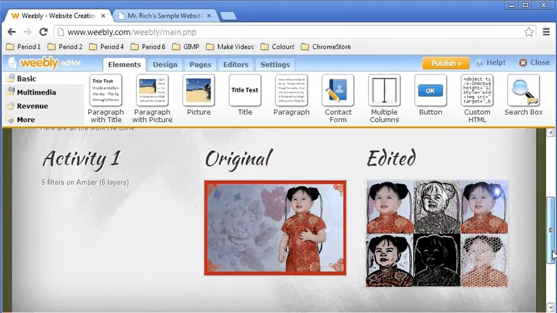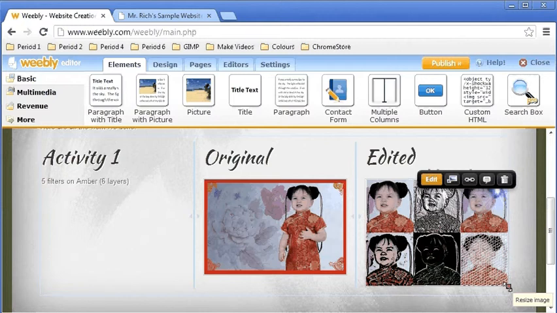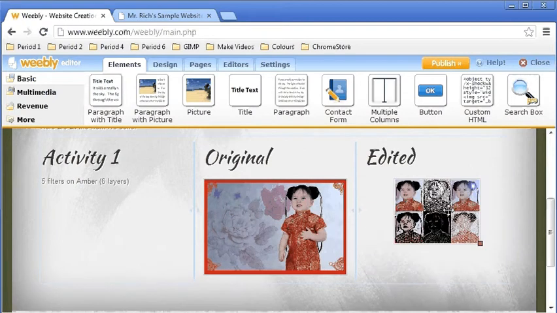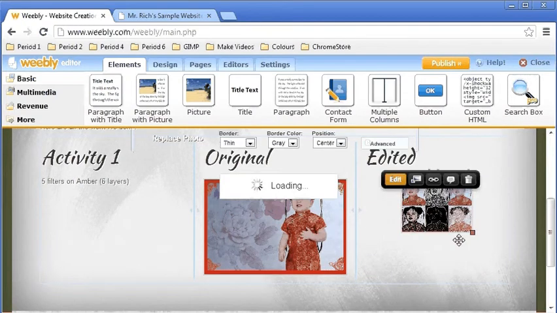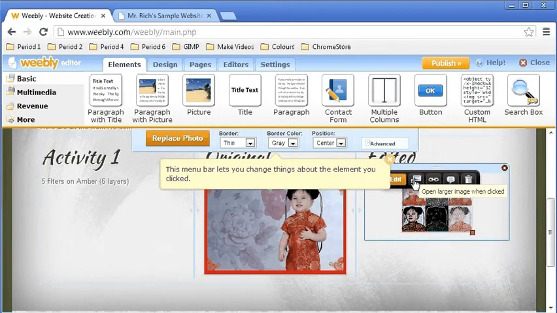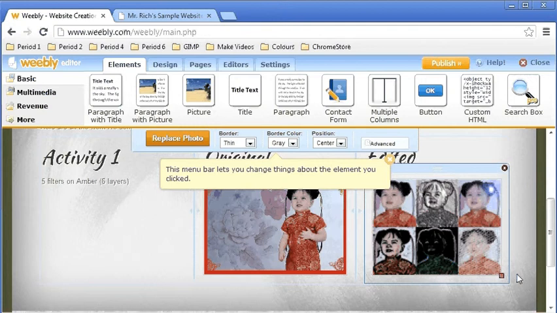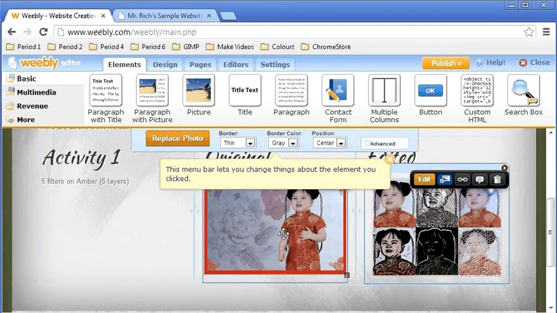Now once you've got your original picture and your edited picture both up, what you'll notice is that you get this little red dot in the corner. You don't need the full size image. If you want a smaller image, you can. But what you'll notice is that there are menu choices that come up, and one of the menu choices says open larger image when clicked. This is actually really helpful because it will allow me to see your full size image, no matter what size you resize this to. So for instance, with Amber,